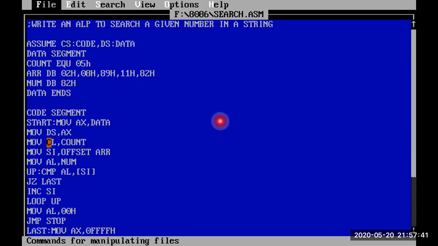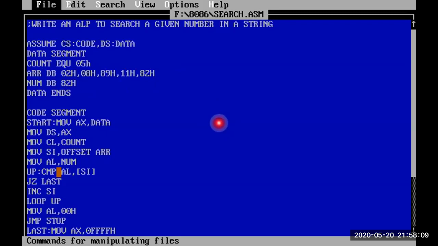So here you have to initialize this address to SI. So how are you accessing this one? Move SI, the source index, offset array. So offset is nothing but these values will be saved in the offset address. That's why you are initializing the offset variable, that is offset array, and whatever the num value is there, you are initializing to AL.